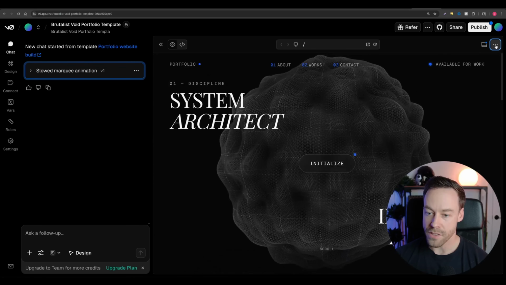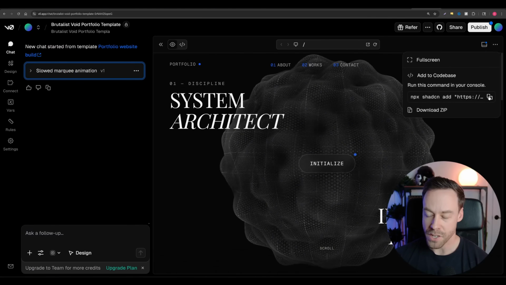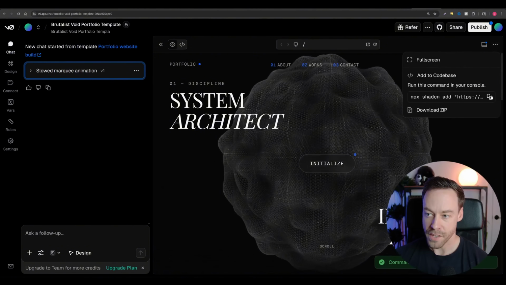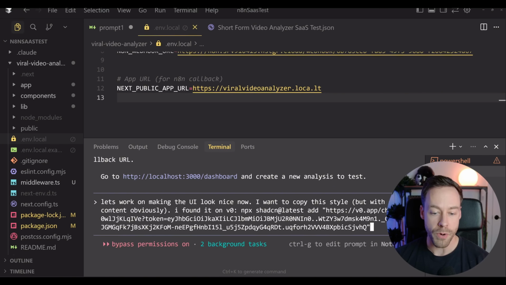I'm going to click these three buttons on the top right. And then I'm just going to copy this command right here, right? So three buttons, copy that command. We're then going to go into Claude Code and we're going to say, hey, I want to work on the UI now. I want to essentially copy this UI design, and you're going to paste that command. So I just wrote, let's work on making the UI look nice now. I want to copy this style, but with our content. I found it on V0, and then I pasted that command in there,